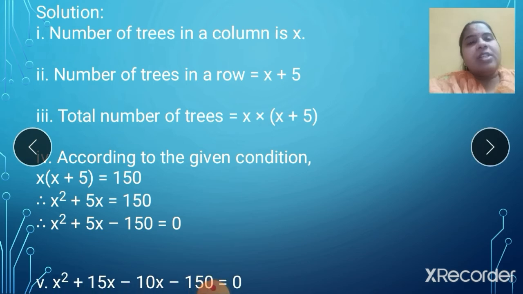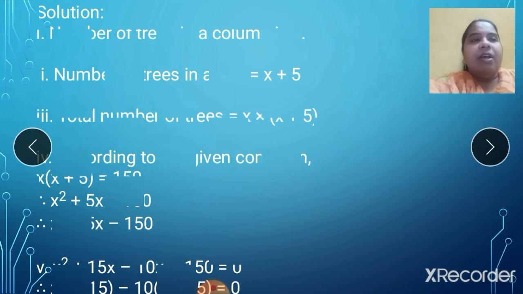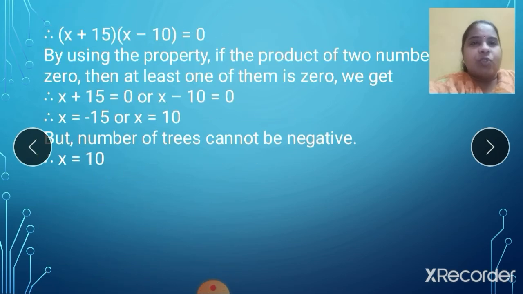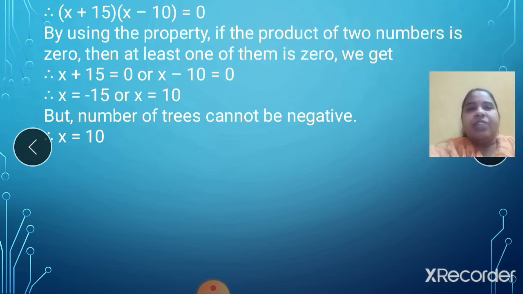Yes. Now what is left? To solve it. Now again factorization method. 150 can be factorized as plus 15 and minus 10. Okay. And then take common and try to get the answer of x. So x plus 15 and x minus 10 is equal to 0 are the two factors. So any one of these can be equated to 0. Every sum you need to write this property: if the product of two numbers is 0, then at least one of them is 0. So we can write either x plus 15 is 0 or x minus 10 is 0.